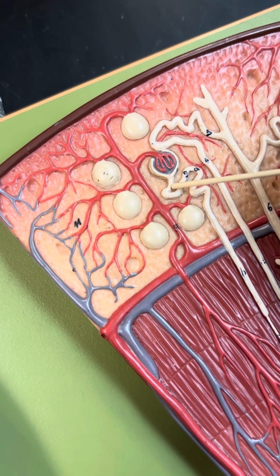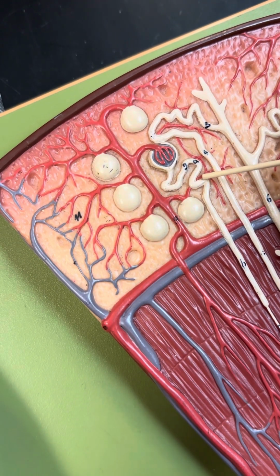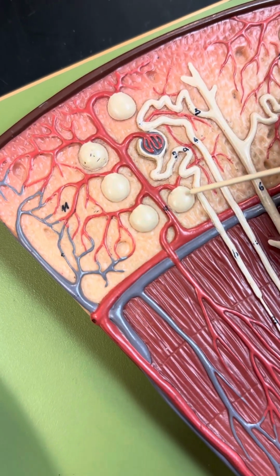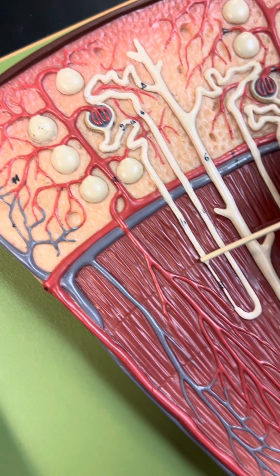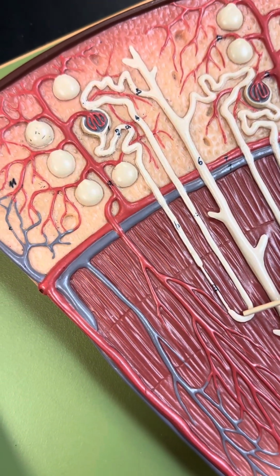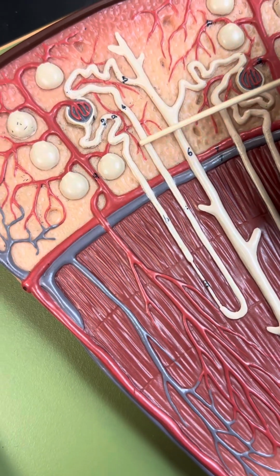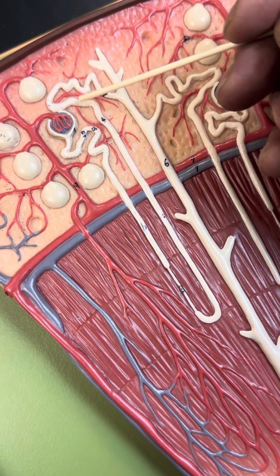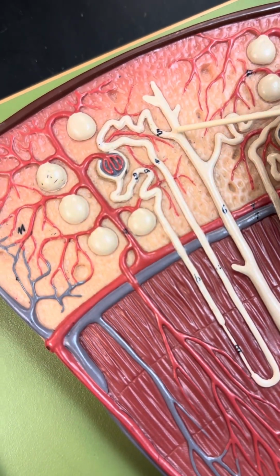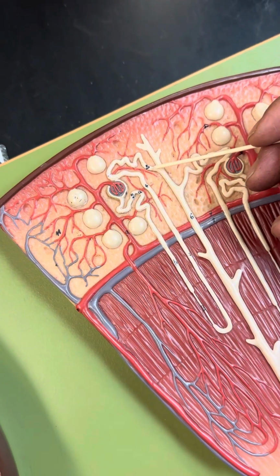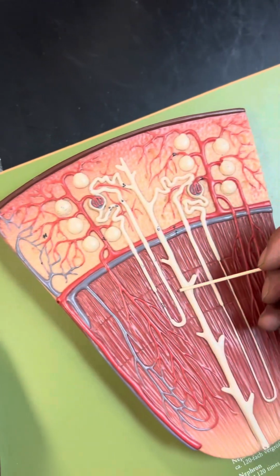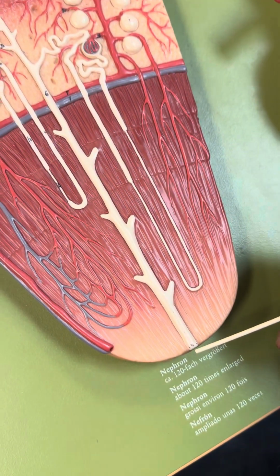And the tube coming from here, this tube is called PCT, proximal convoluted tubule, up to here. And it goes down. This is called the thick descending loop of Henle. This one, loop of Henle, and this one, ascending loop of Henle, going in the upward direction, and this distal convoluted tubule. And the liquid, water or waste product, comes here. This is called the collecting duct, and it will drop in this area.